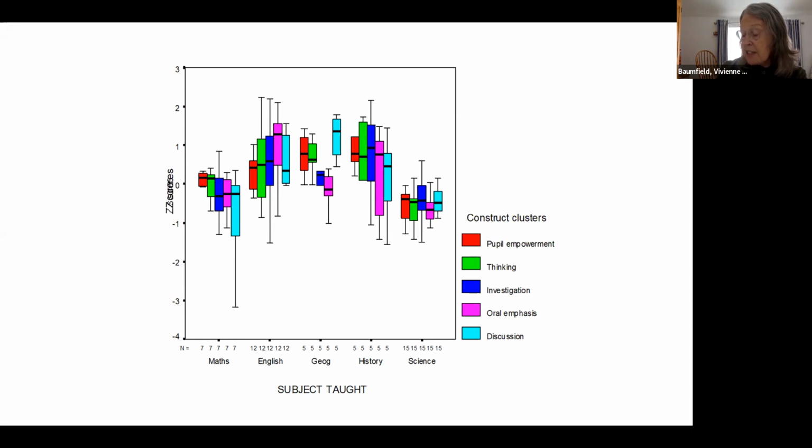Factor analysis of the teachers' ratings enabled us to identify significant sets of beliefs, which was presented in a box and whisker diagram to show the range of responses and indicates where the majority of responses were clustered without revealing data about individual teachers. And that's what you've got before you now.